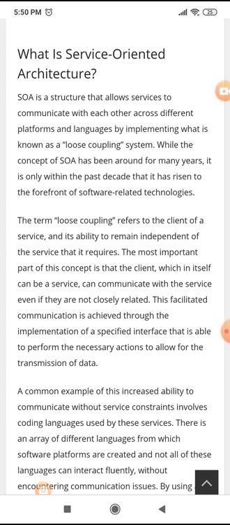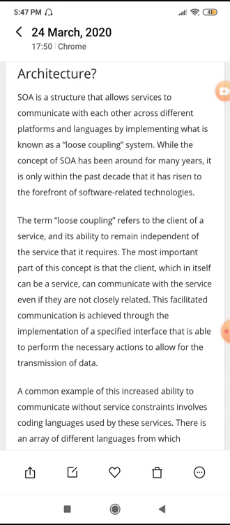They communicate with each other, and they provide services to the customer. The most important part of this concept is that the client, which can itself be a service, can communicate with the service even if they are not closely related.